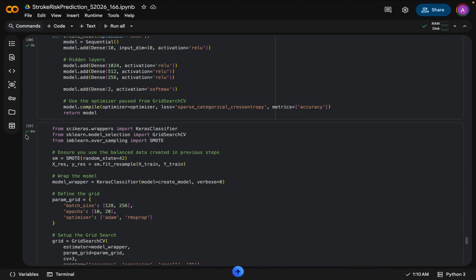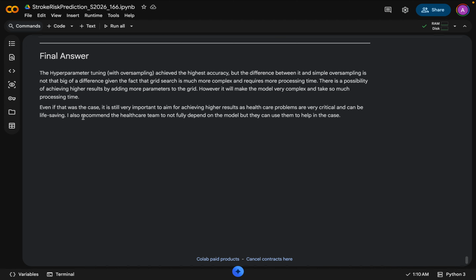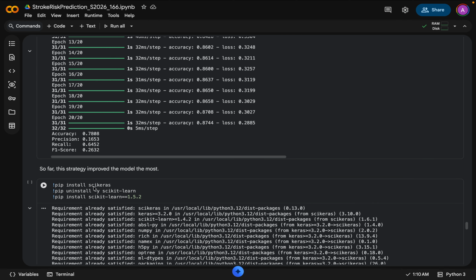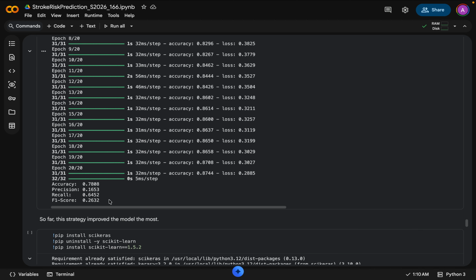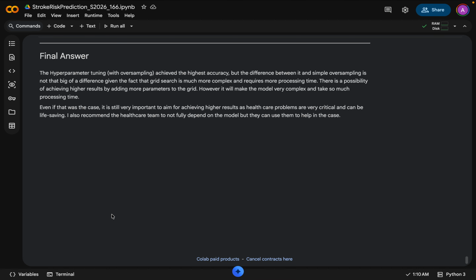As you can see here, it took 6 minutes to process this code cell. Comparing this result with the oversampling result, the difference isn't that big. So yes, we can move forward with just oversampling, but